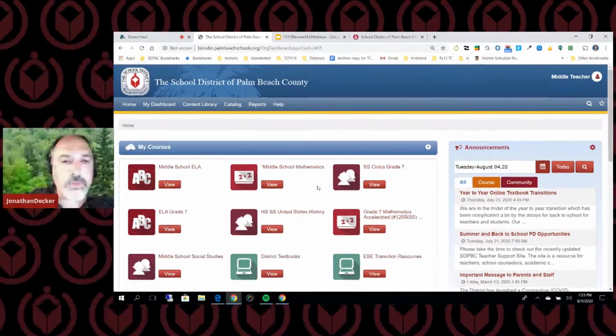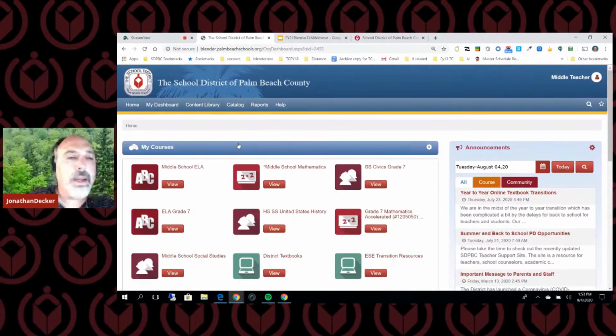Go in, we'll find those courses for you here in a second. So assign courses, and then the courses that you select will be on your homepage. If you don't see anything when you first log in, it may say you have no courses assigned. You have a couple of options.